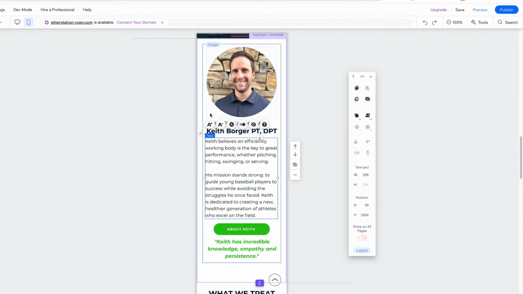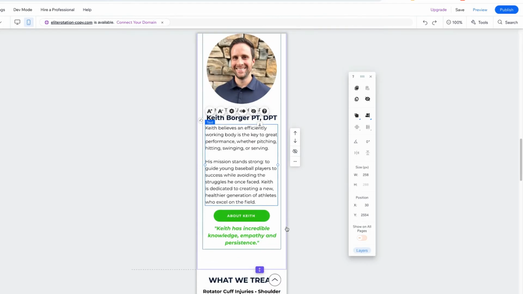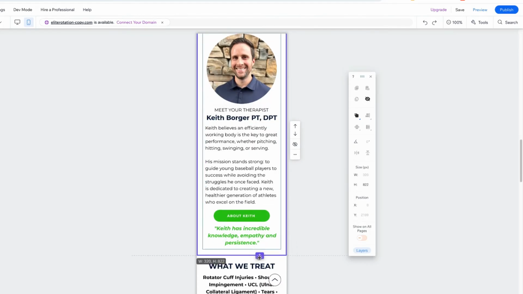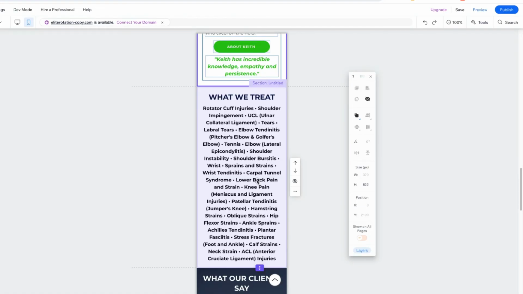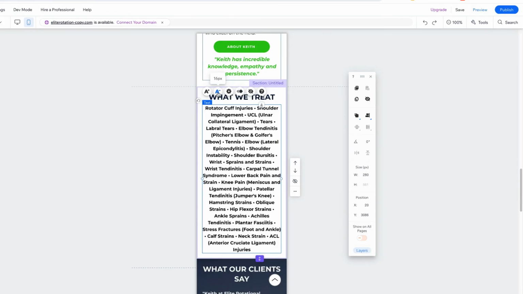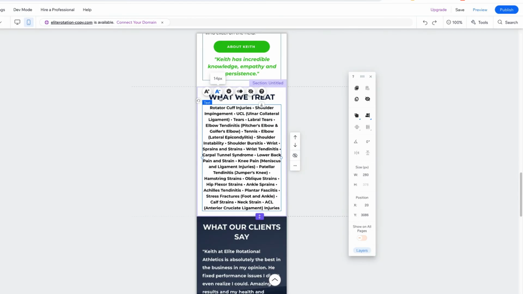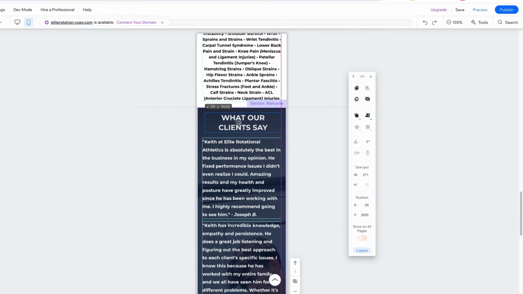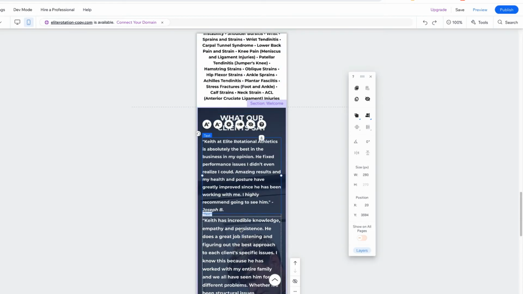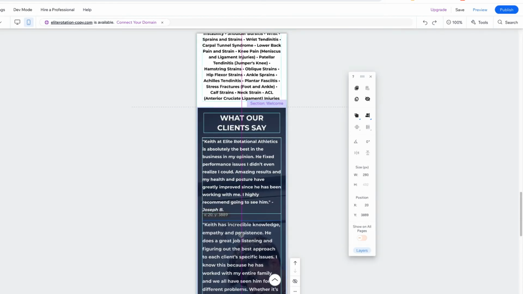I like to keep things about 16 for paragraphs on mobile. But again, you can go look at it on your phone and see what it looks like. And I'm gonna make this smaller because it's just this big long list. It's 17, let's make it 14. It's going to center that a little better. Let's make these a little further apart so that we can tell